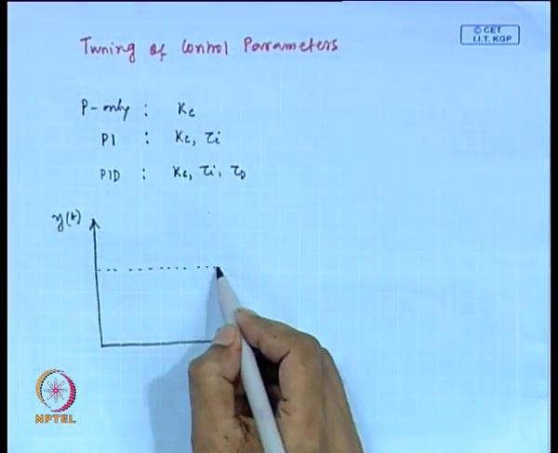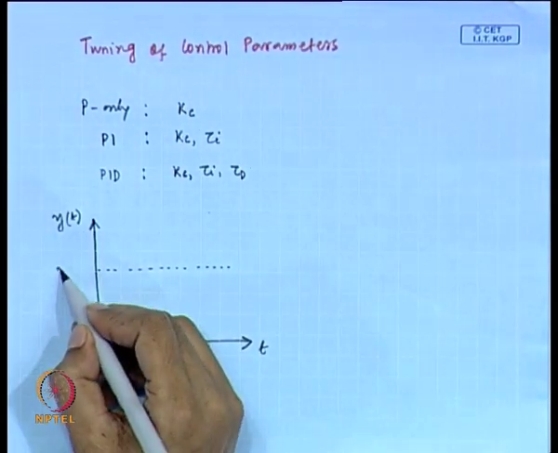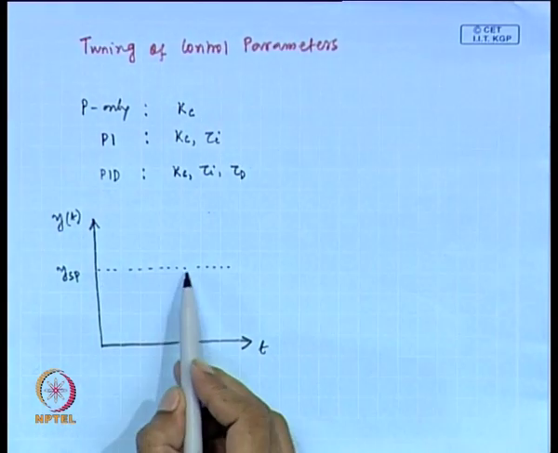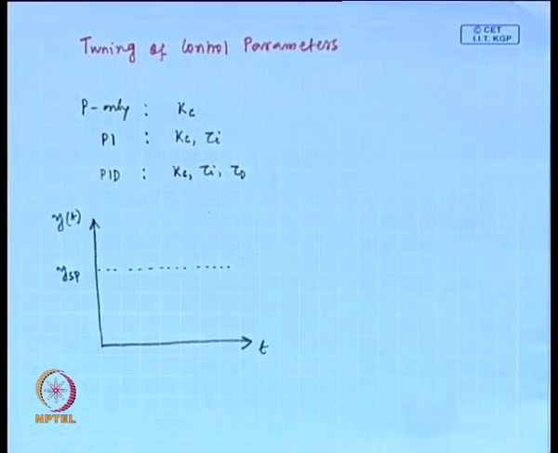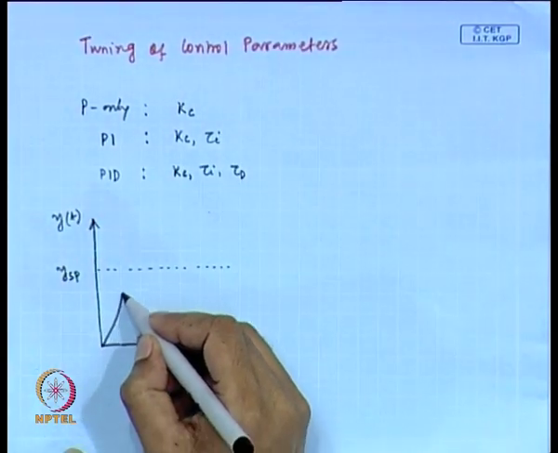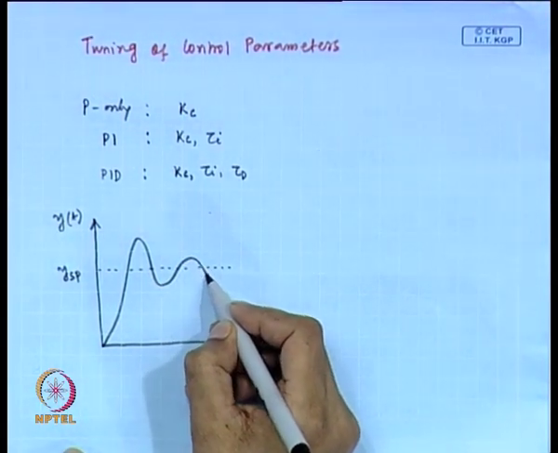Now, in this process, a step change in set point value is introduced. This is the set point value. Fine. We are getting this type of closed loop response